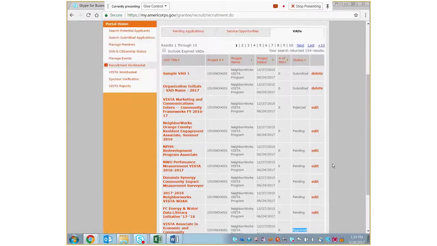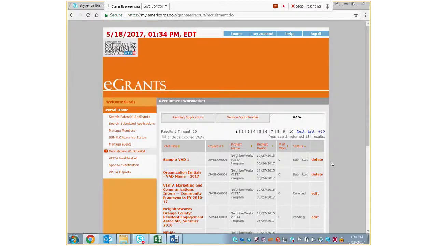So this is going to be important for you once you get to the selection process of selecting and identifying your VISTA candidates. But before we even go there, we're going to take a look at creating service opportunities. The VISTA assignment description is the guide for your VISTA member during their service term. The service opportunities are the first snapshots for VISTA candidates who might be interested in service at your organization.